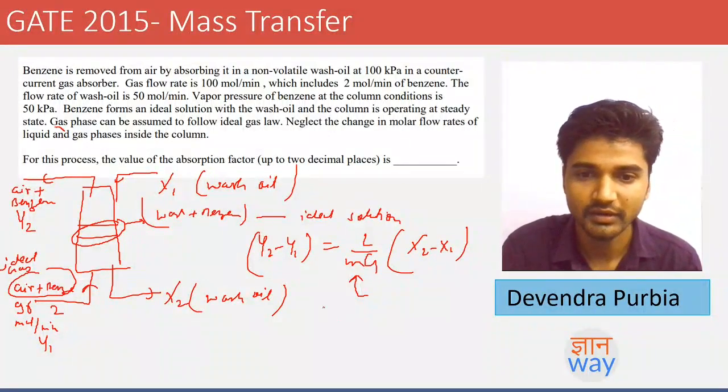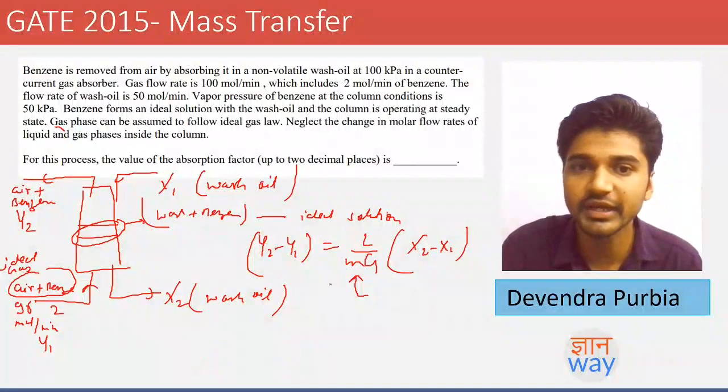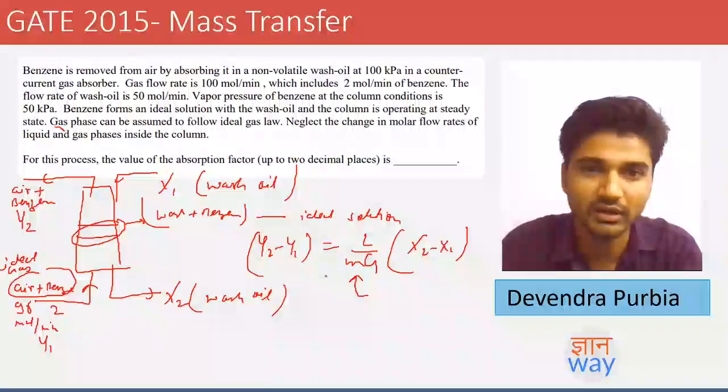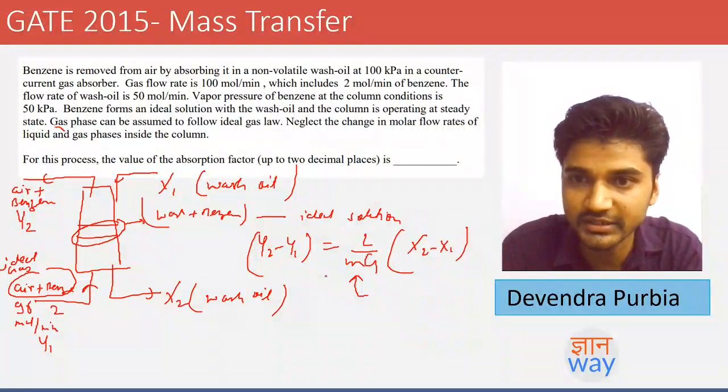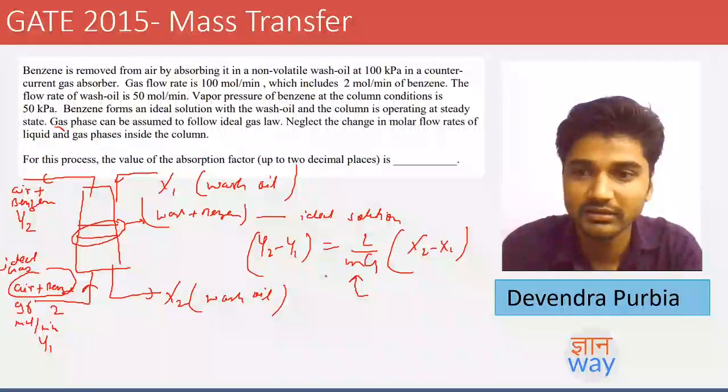We will get it either from the equilibrium data, or, as stated in the question, the wash oil and benzene act as an ideal solution. So we can